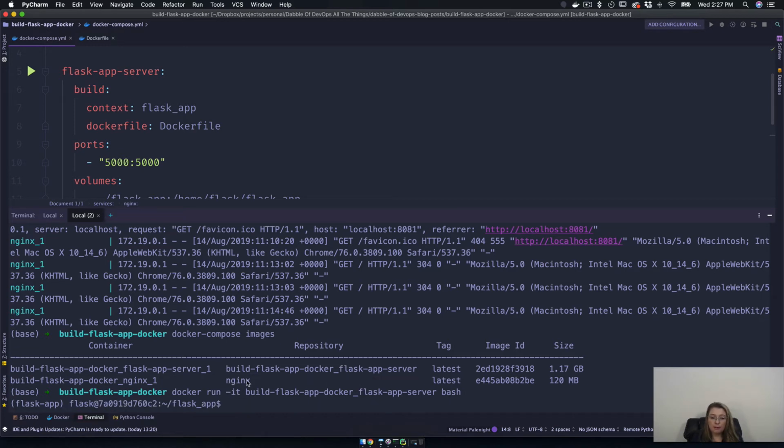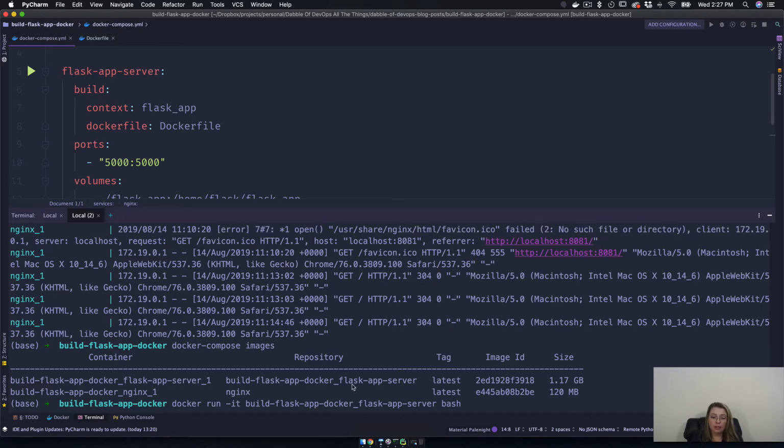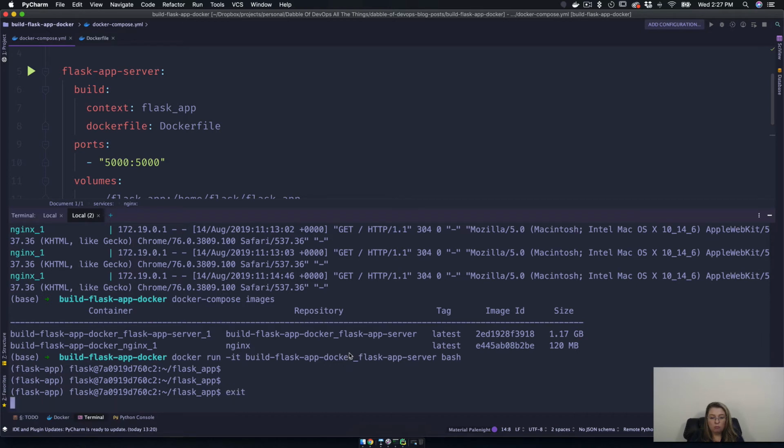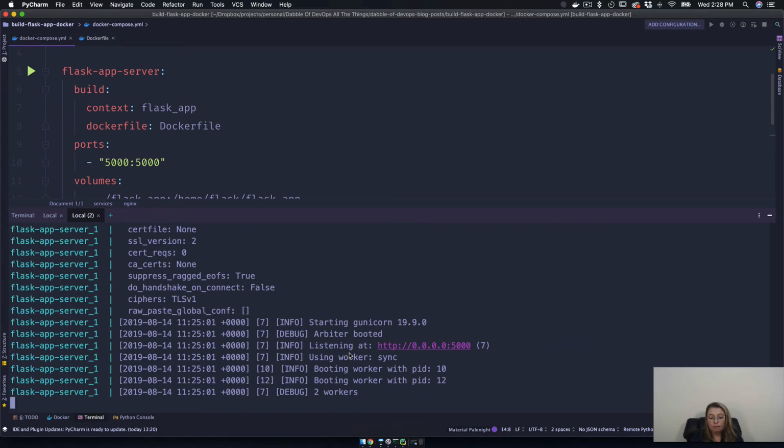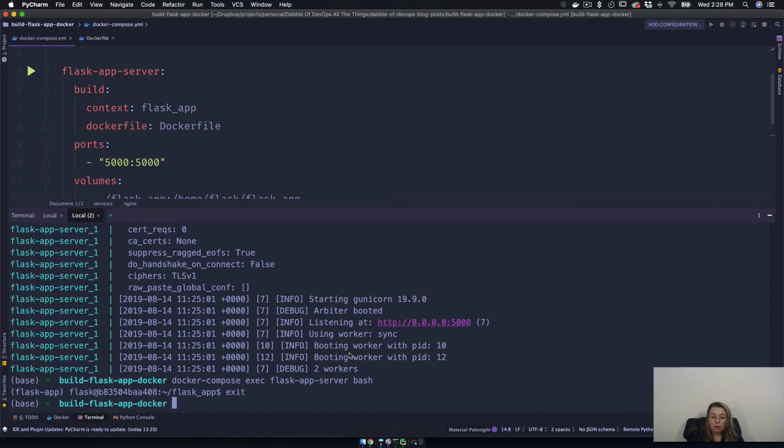The Nginx is a little bit different just because we're using an image that already exists. But you can see that's how those are named. But for the most part, when you run Docker compose commands, you're going to be running them from within your project directory. And then it's just docker compose, in this case logs, right? Flask app server. Okay, and then you get that. If you remember from earlier, just to kind of hammer home this point, flask app server bash. Okay, so when you call the Docker compose commands, it's docker compose, command name, service name,